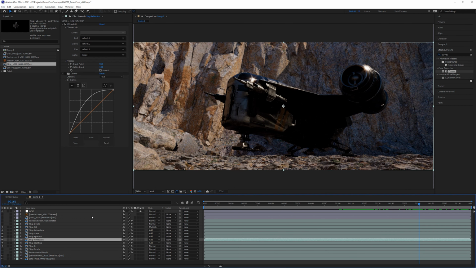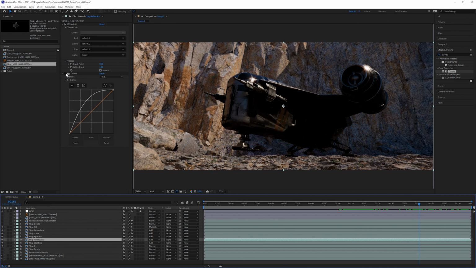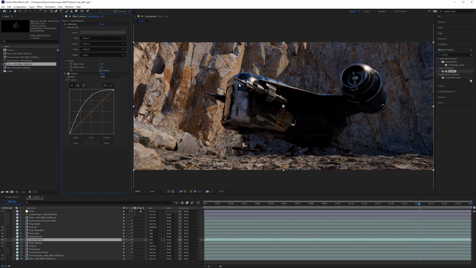So we're not going to do anything on the GI or the lighting. So next we'll go to the reflection layer. Because the ship uses a PBR metal material, that is getting the most of the light. So if we select that layer, you can see there's a lot of color information here. So if we turn this on, we actually get quite a lot of information back.